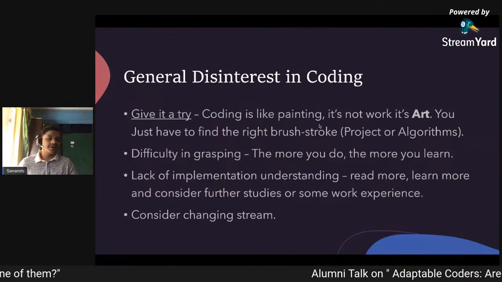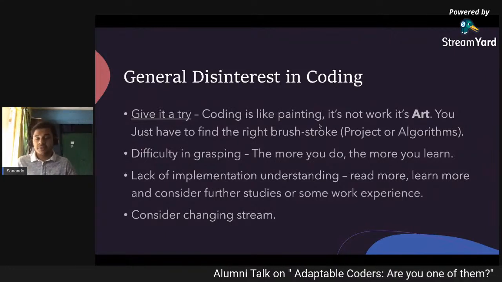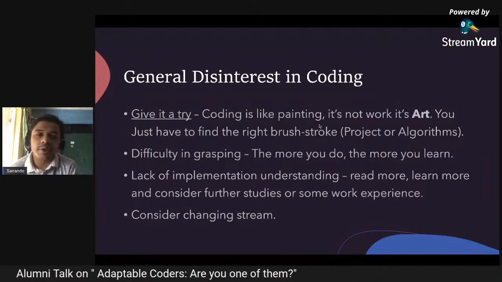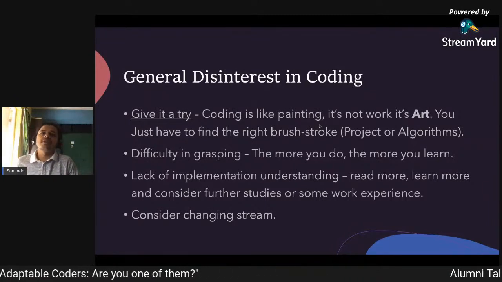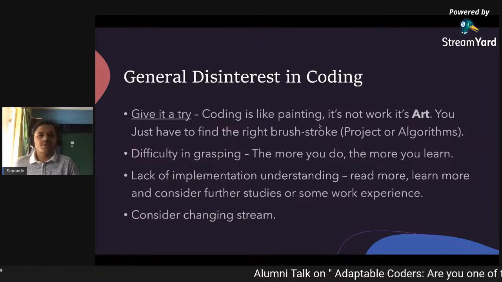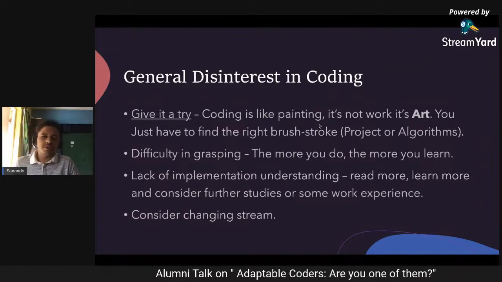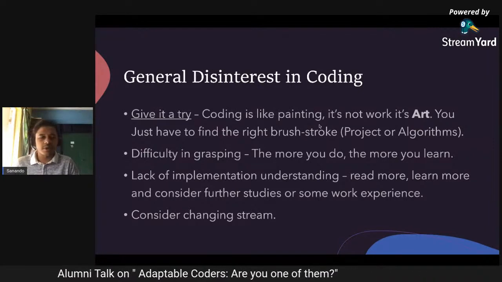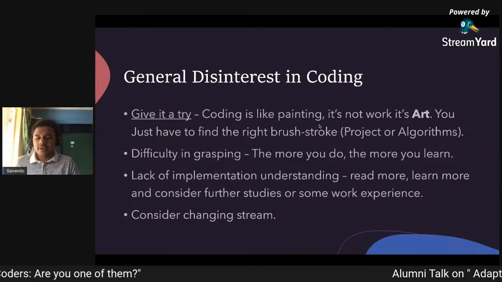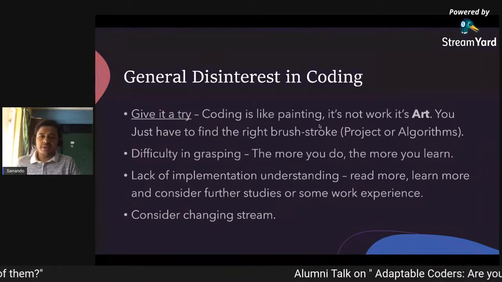Many people in my batch as well, I noticed this problem firsthand, have a general disinterest towards coding, where you feel it's not your cup of tea. You feel you don't want to pursue it. You feel it's too much work. You feel it's difficult to understand, or you feel it's very expensive to start. Well,